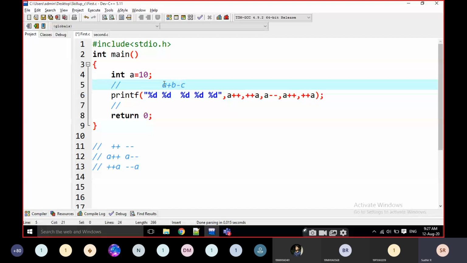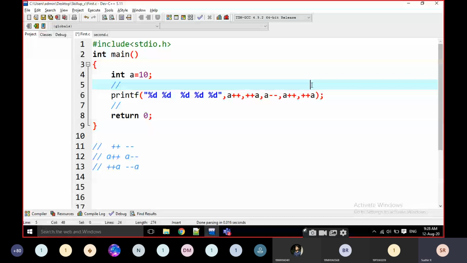But here all operations are increment and decrement operations, so the evaluation starts from right to left every time. That means this value is evaluated first, later this one, then the next. First we have to execute this one.